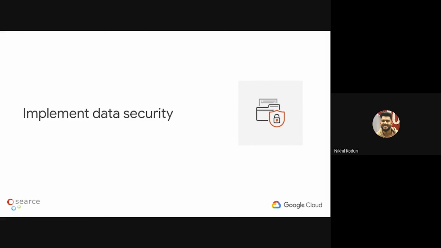And finally, you have to implement data security if you have sensitive data such as credit card details and so on. You can use Cloud DLP to mask out the elements of data that should not be exposed in any way, and protect the data integrity.